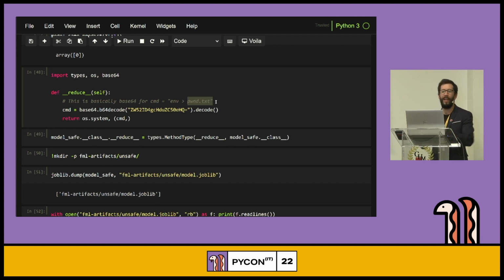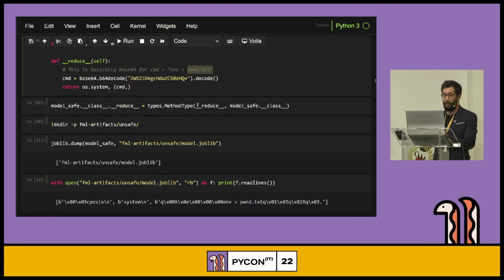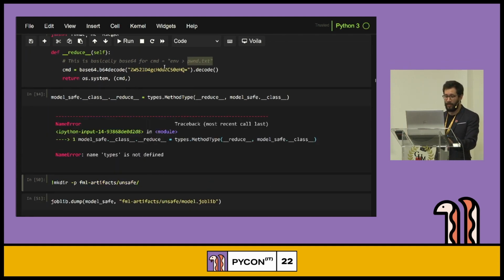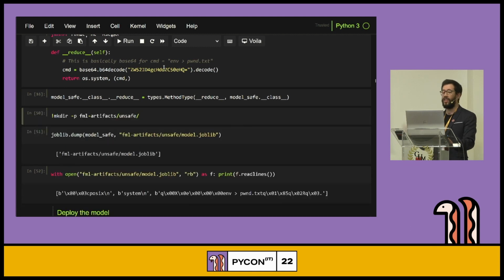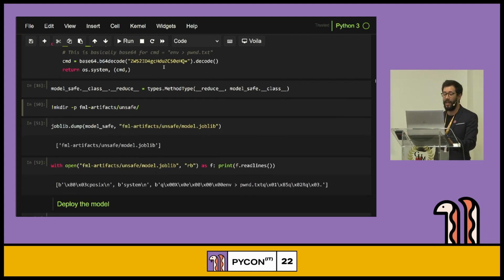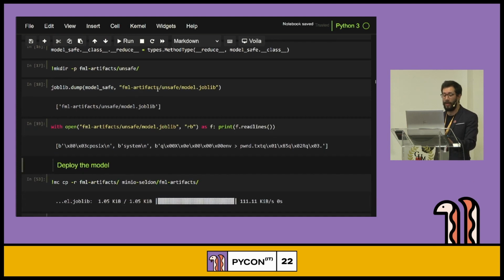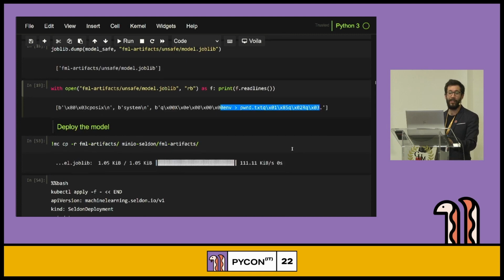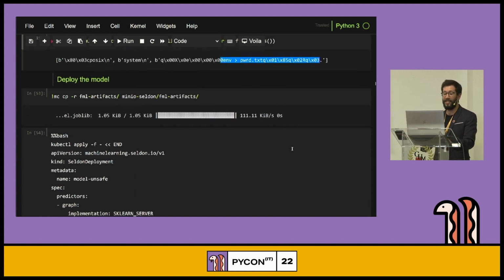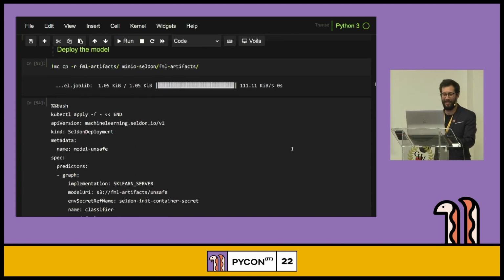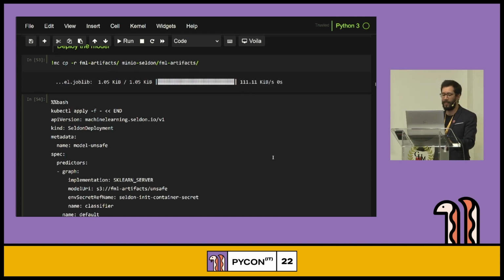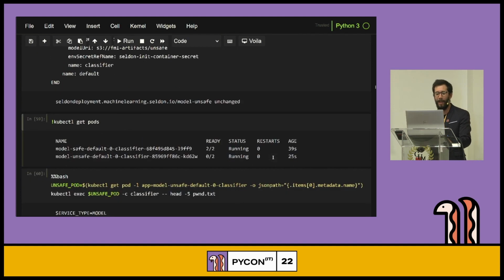But you can see that here you can run anything. You can send an email. You can run kubectl get secrets, et cetera, right? So we inject that specific function into our class. And then when we actually dump it and we look at the pickle, we can see that here, because it was base64, we can see that the env to pond.txt is there, right? So that's actually what we now have in our pickle. So it's now a poisoned pickle. Let's call it poisoned pickles, right? That's a new term of security vulnerabilities in machine learning.